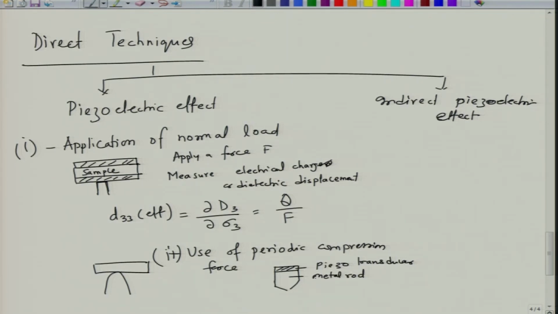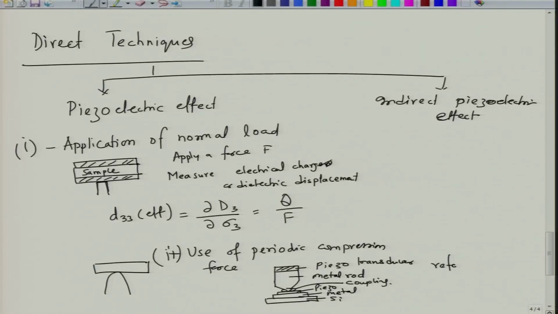and this rod is then in contact with, at the bottom, a substrate, let us say silicon. On the silicon we have metal and then a piezoelectric, and in between we have what we call a coupling liquid. Using the piezoelectric, the vibrations are transferred from the top metal to the piezoelectric, and that is how you measure the charge. Now, this uses a coupling liquid to ensure that the charges generated are over a uniform area and the force distribution is small, and then you also compare this with a reference.